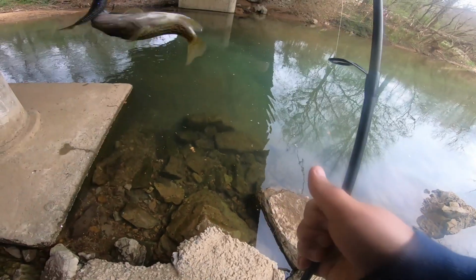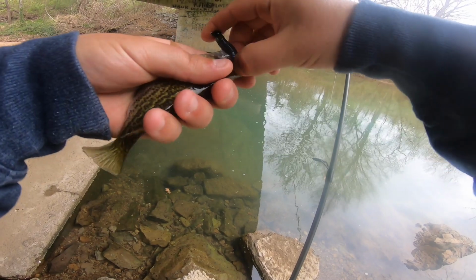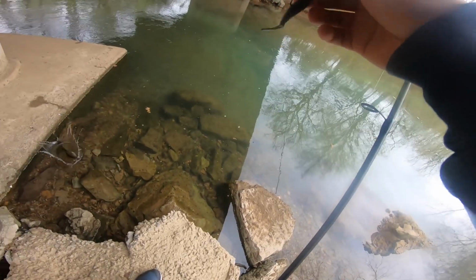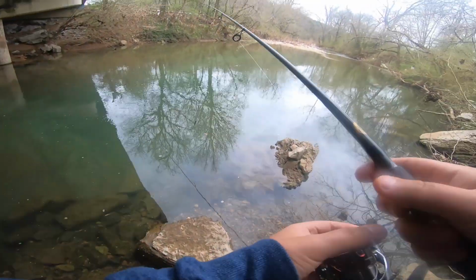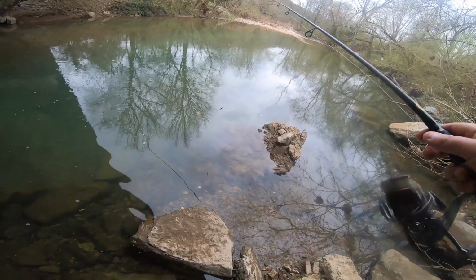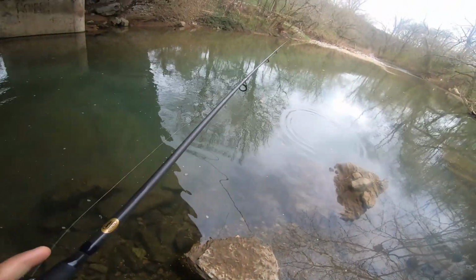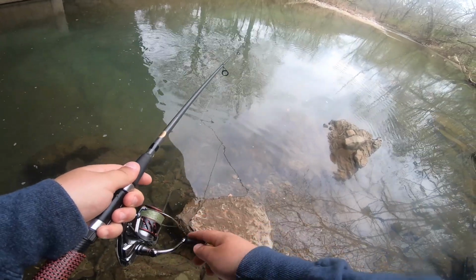Holy crap. He just came out from under that rock. Little tiny rock bass. There you go, buddy. These things are so small and aggressive. So this big rock right here, usually there's some sort of fish sitting underneath it, whether that's a rock bass or smallmouth. So we're gonna